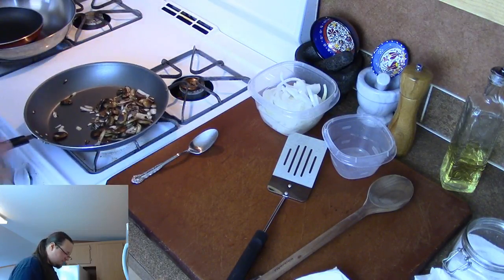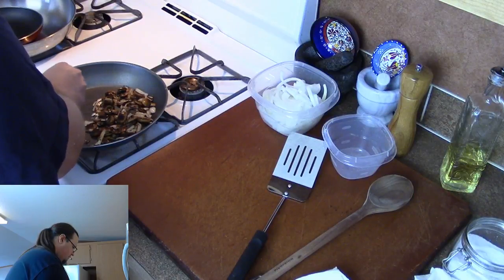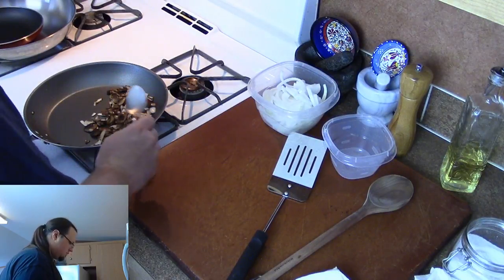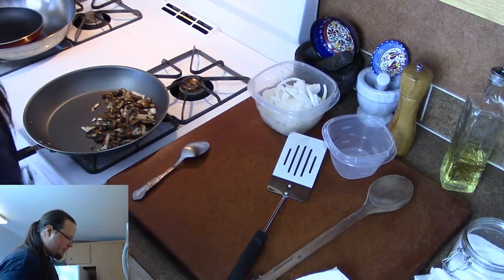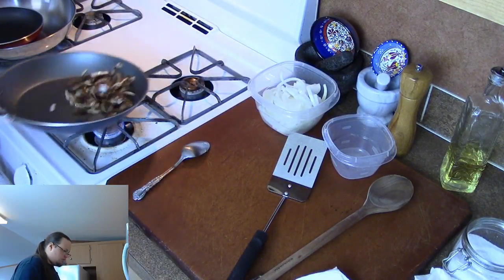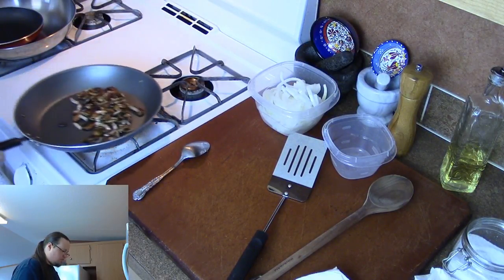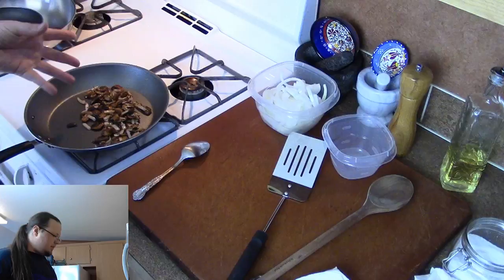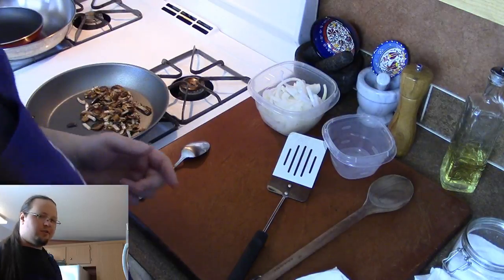most optimum stuff. You know, so I think I had the heat just a little bit too high. The onions are kind of browning a bit, and I don't want the onions to brown. Alright. Those are getting to be pretty close. We want the onions to be nice and soft and kind of translucent, but